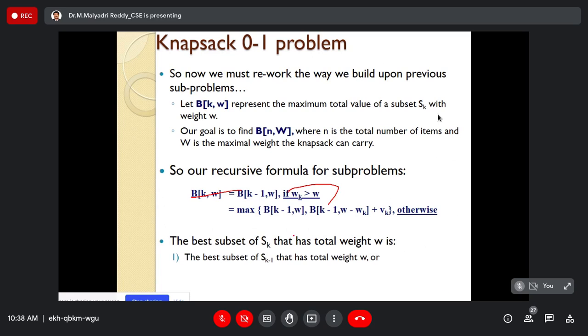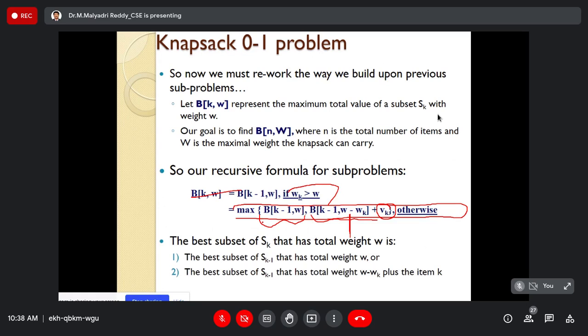Every time we have to choose the better object selection with respect to this. So this is the previous value, and this is the adding value. Whenever we add a new object into the solution, we have to add its profit, while checking the weight constraint, where W is nothing but the bag capacity. If it cannot exceed that limit, then we add that object and the corresponding profit will be added to the previous profit value. This is the basic formula to solve 0/1 knapsack.